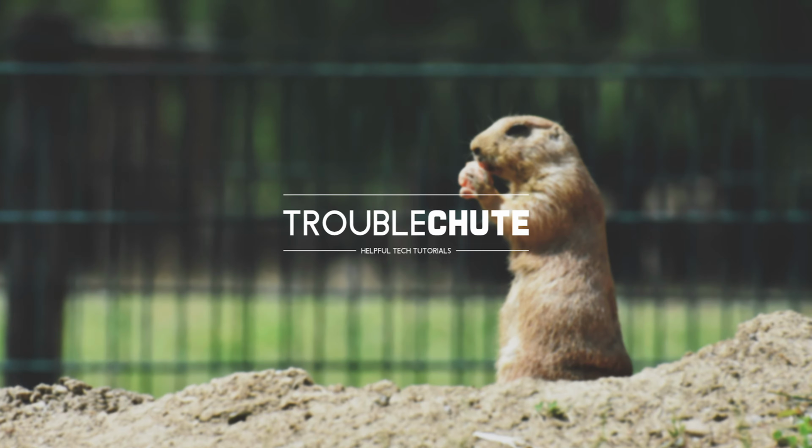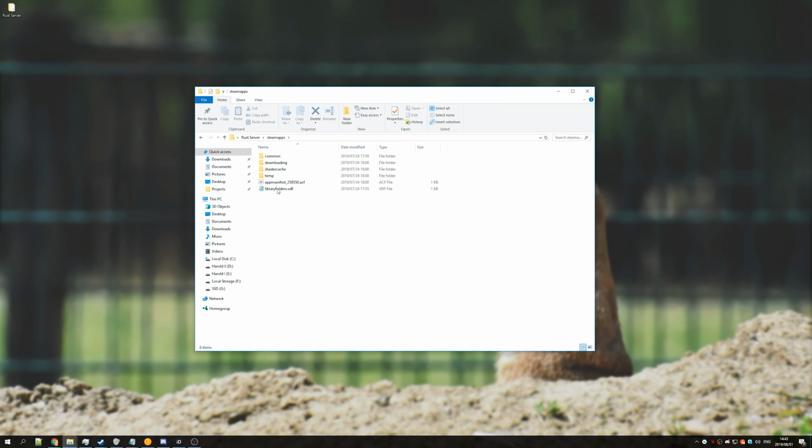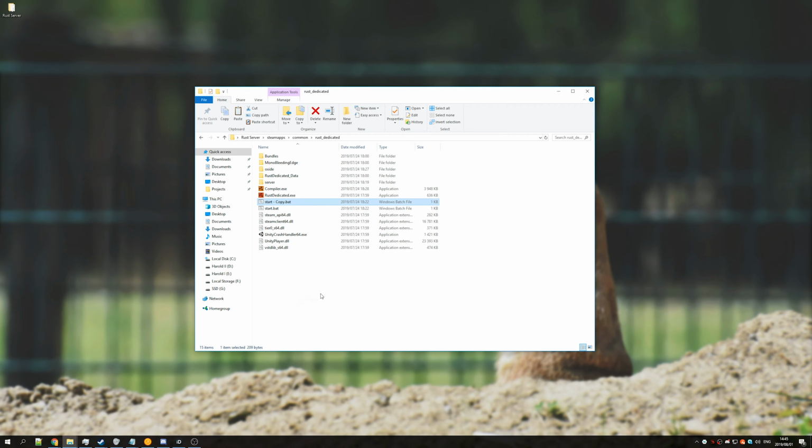In this tutorial, I'll be showing you, building upon my old one, which was how to set up the Rust server. So, say that we've got that all done and we've got the start.bat file here. This is what we'll be editing. So I'll be copying the start.bat file and renaming it for each of the maps that I'm going to showcase. To save some time, I'll be speeding up the process and I'll show how long starting the server for each